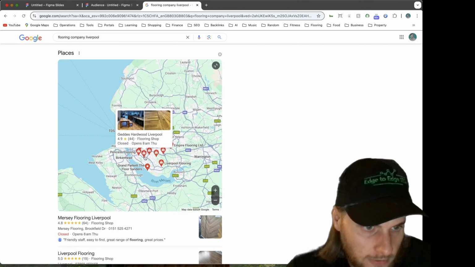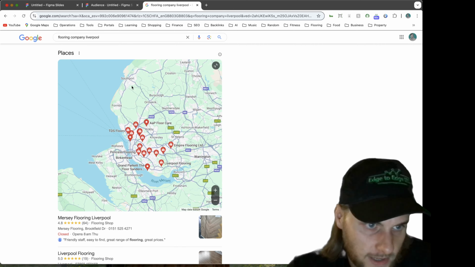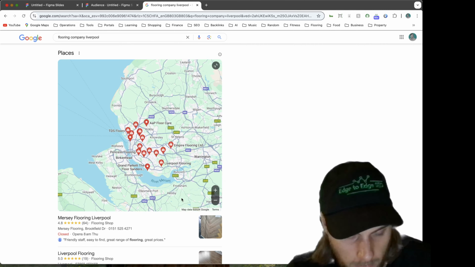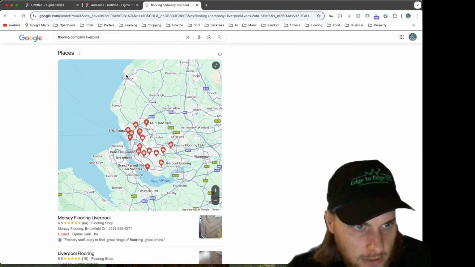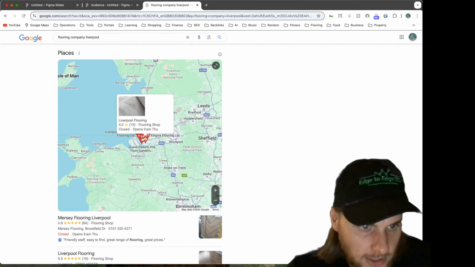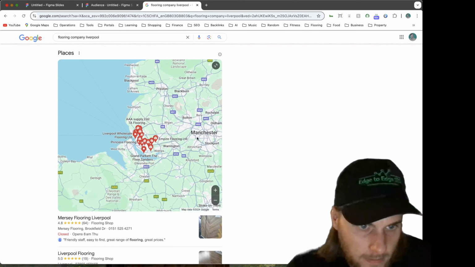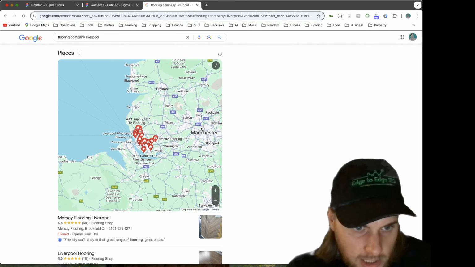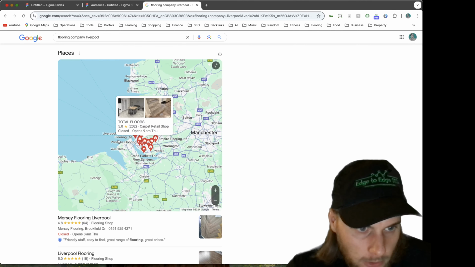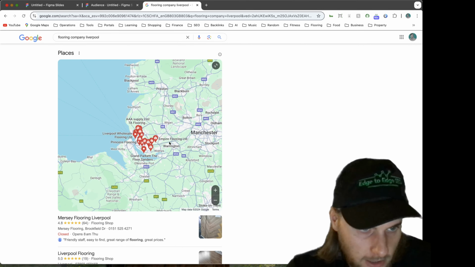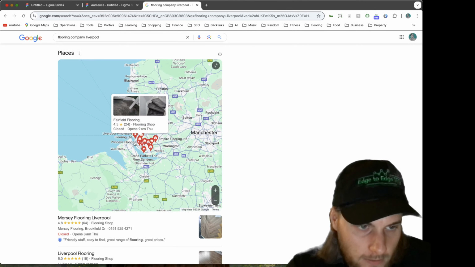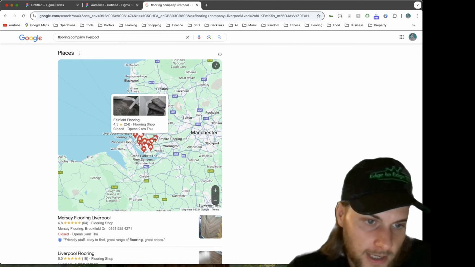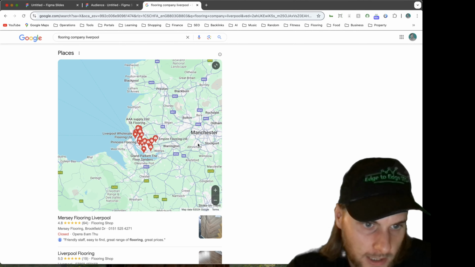If you can imagine, like, your profile's here, and there's going to be an imaginary kind of circle around that, and it's only going to get so far before Google will not give you any more ground. You can only rank so far in Google Maps. If we zoom out on this map here, and someone's searching for Manchester, or flooring Manchester, there's no way in hell you're going to come up on Google Maps for flooring in Manchester when someone is searching in Manchester. If you're in Liverpool, you've only got a certain radius that you're going to be able to maximise at. And at that point, when you can't go any further, that's when you should start potentially looking at trying to get another Google business profile in another location.